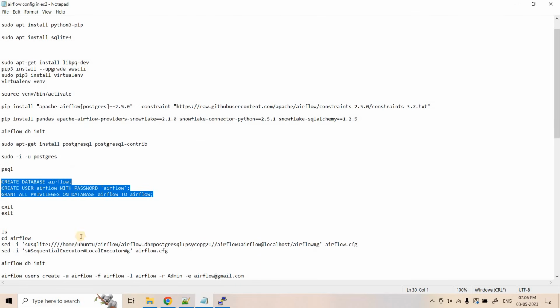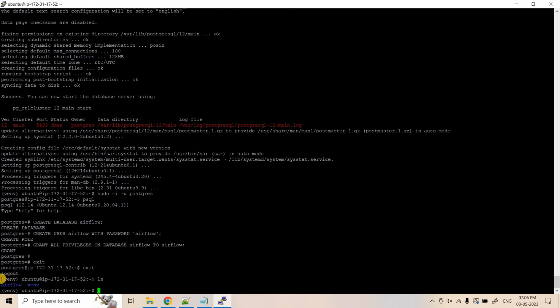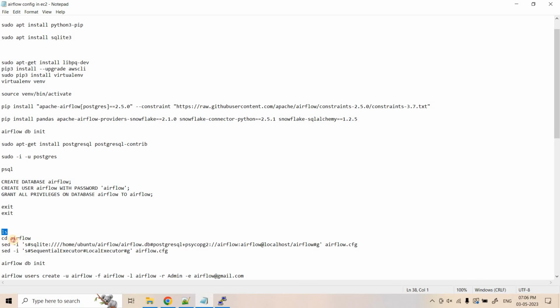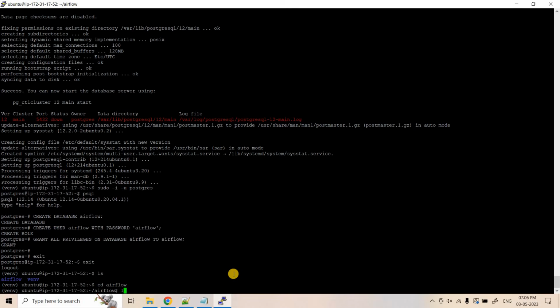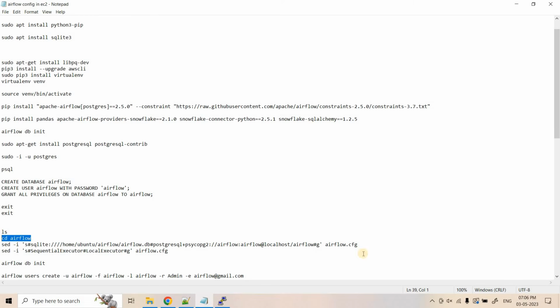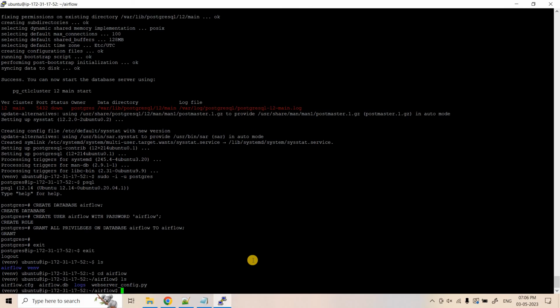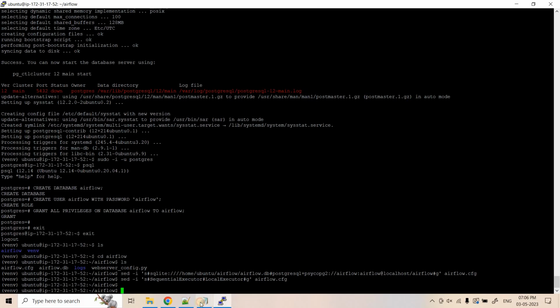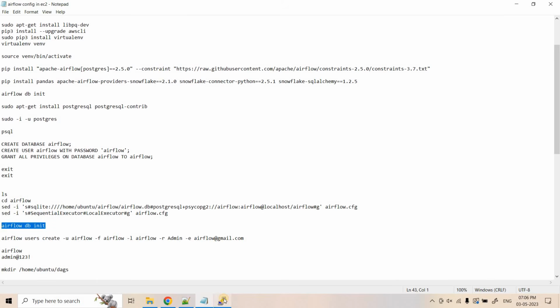Then as part of the next step, if I execute ls to check what things are available in our current directory, here you will see Airflow and venv. These two things are available. So what we will do, we will enter that Airflow directory, and if you do ls here, airflow.cfg, in this particular configuration file we need to change something. Okay, so for that I need to execute these two commands. So that is done, and then here I can again do airflow db init,